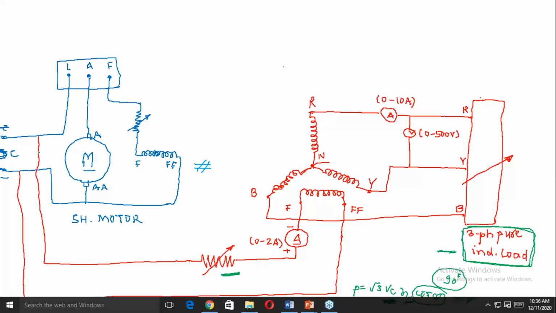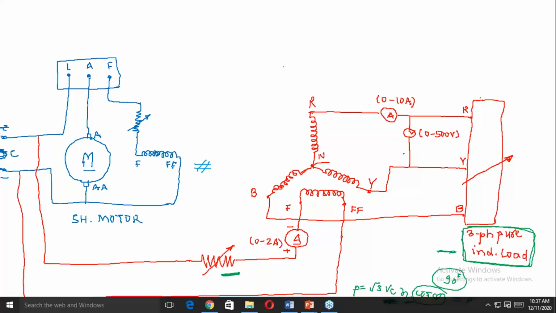Now see, you first of all make the terminal voltage of the generator, that is the terminal voltage across the load, equal to its rated terminal voltage. Rated terminal voltage is 415 V. So make it using this rheostat, using excitation. You vary the excitation to set the terminal voltage. After that, you increase the load. Accordingly, the value of voltage will increase or decrease.